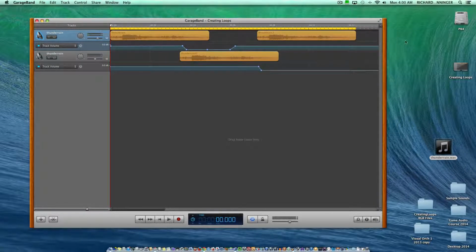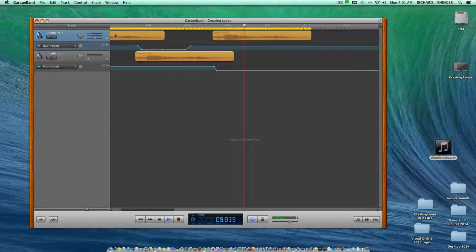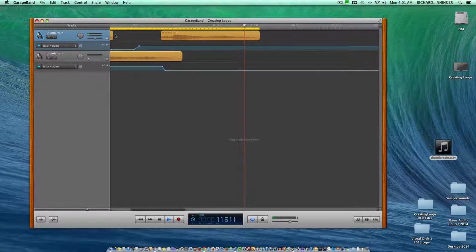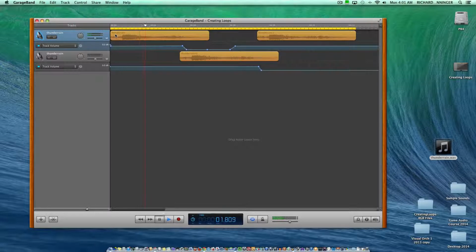Now, if you'll notice here, when this loops back to the beginning, because this is getting silent and then going loud again, there might be a pop or a click, and so you might have to take one part of the second or third loop and put it in there so it transitions back and forth. And you're going to have to use your ears. And in this manner, you can just continue doing this down the timeline until you've actually hit 30